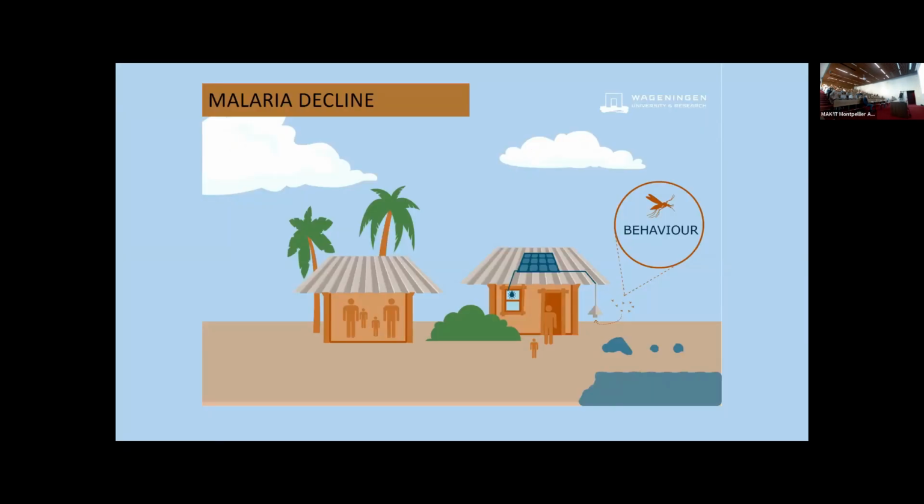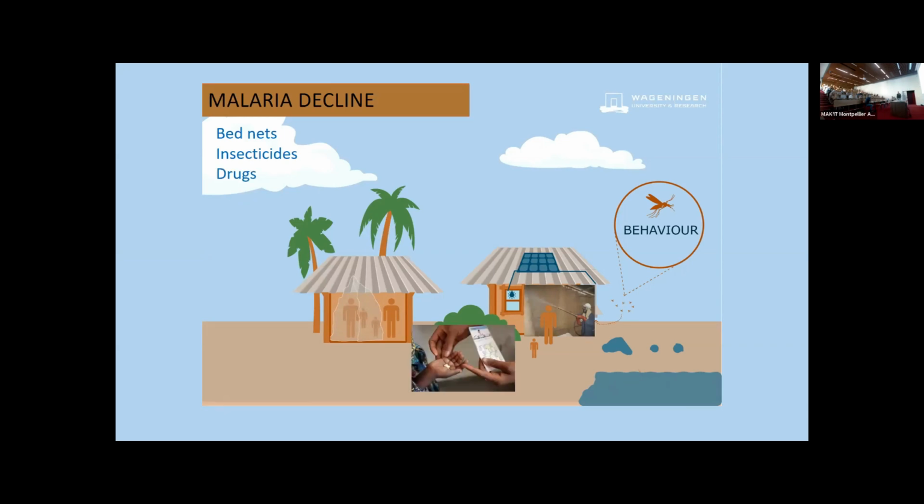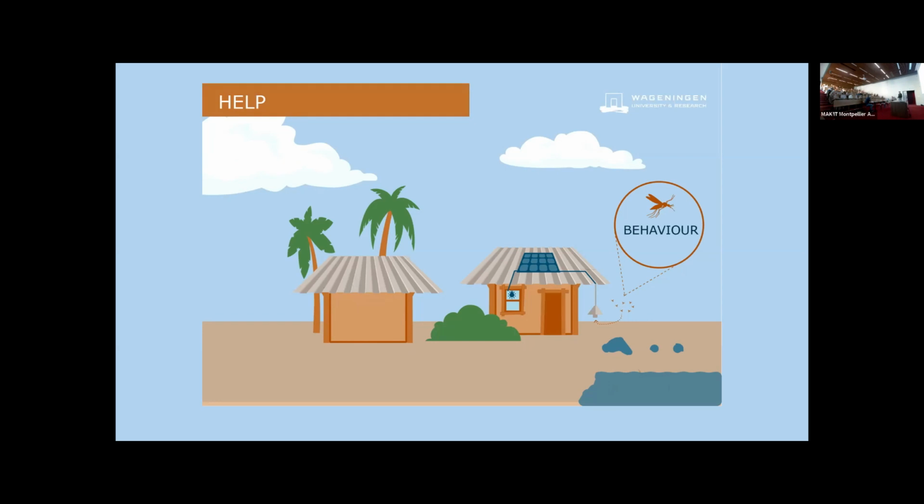This picture comes back, Marieke de Zwart showed it also yesterday. We have malaria, so my examples are all malaria based. This is where I did my PhD, on the behavior of the malaria mosquitoes. Malaria is on the decline, but the decline has halted, and we are relying on bed nets, insecticides, and drugs mostly. But there is a dark cloud coming there, and it's about insecticide resistance, but also drug resistance is going on. It's happening. So we need help from other approaches, and a couple of approaches that we can look at is